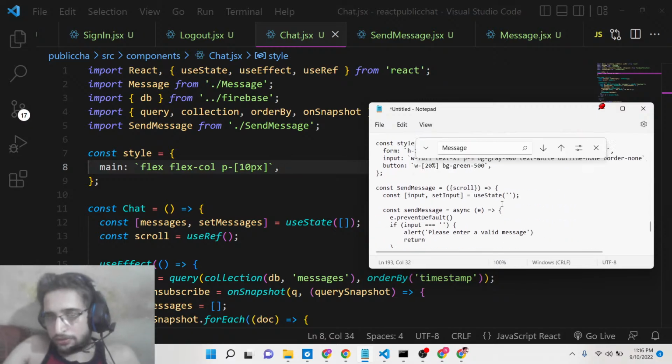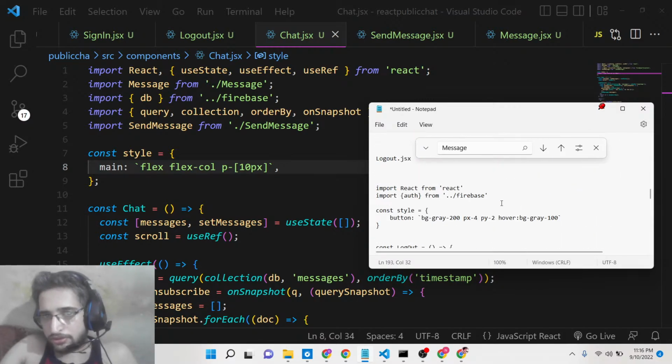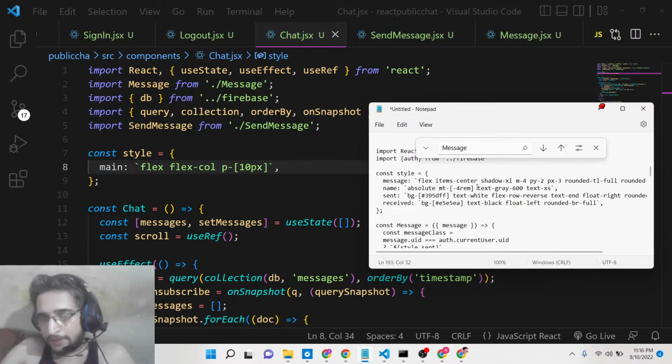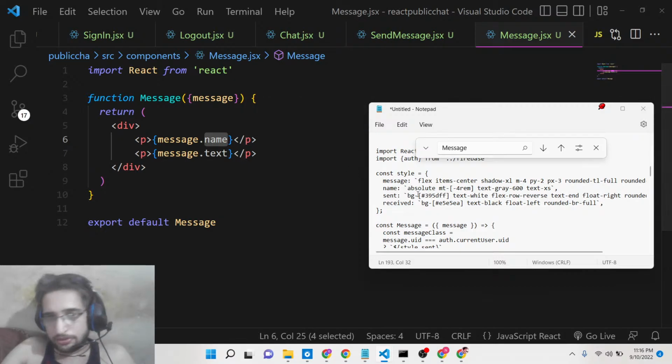So here you see where was the message component. This is a message component. Go to the message component here. We have